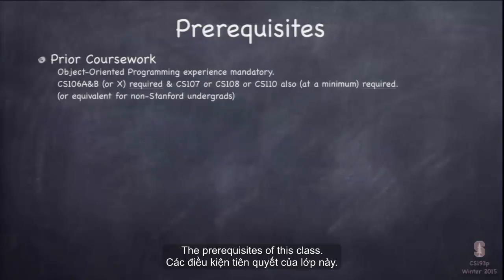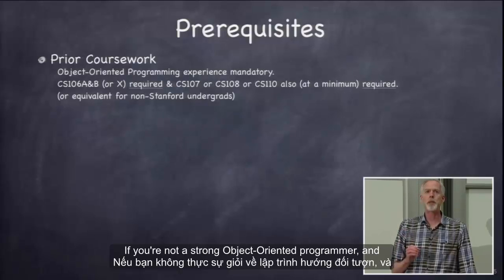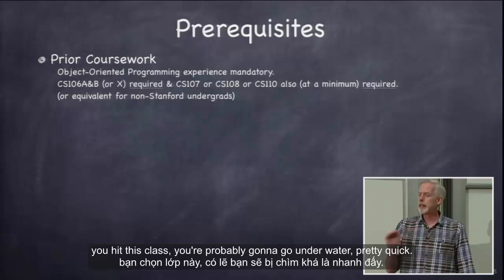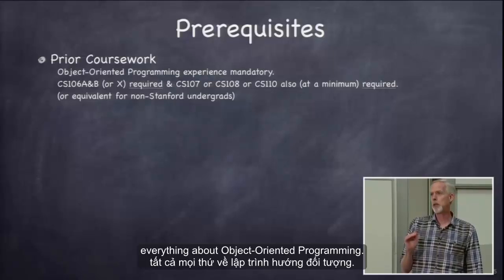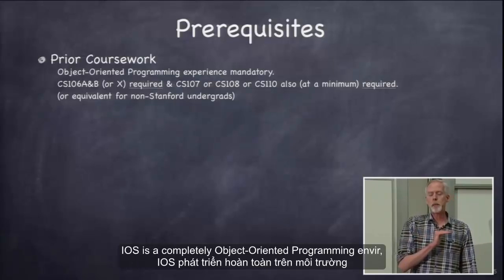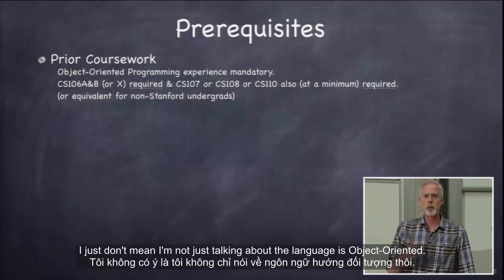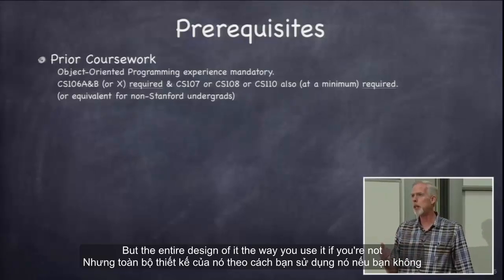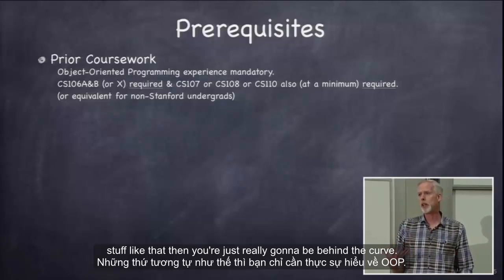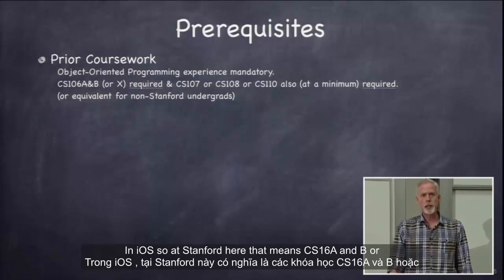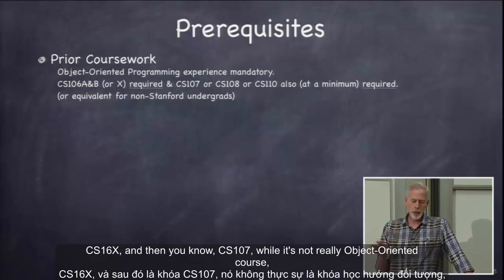The prerequisite of this class, number one thing, is you have to be a pretty strong object-oriented programmer. If you're not a strong object-oriented programmer and you hit this class, you're probably going to go underwater pretty quick. Okay, I'm going to assume you know everything about object-oriented programming. iOS is a completely object-oriented development environment. And I'm not just talking about the language being object-oriented, but the entire design of it, the way you use it. If you're not comfortable with things like subclassing and stuff like that, then you're just really going to be behind the curve in iOS. So at Stanford here, that means CS106A and B or CS106X, and then CS107,